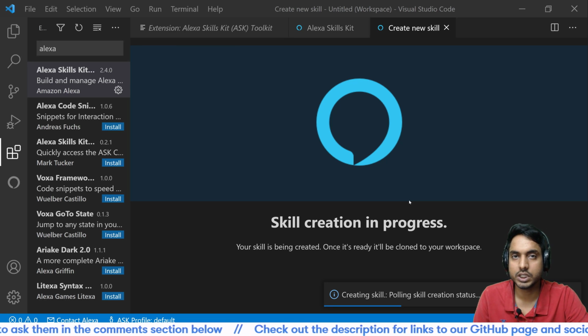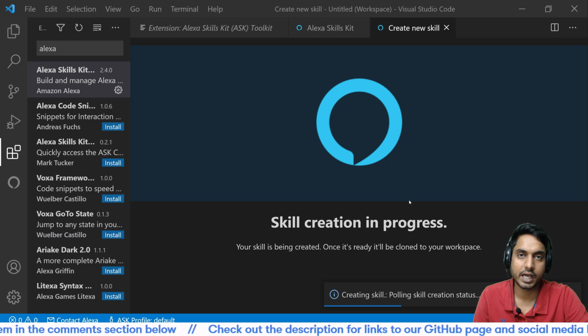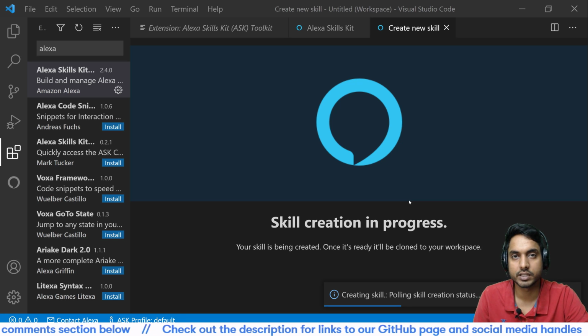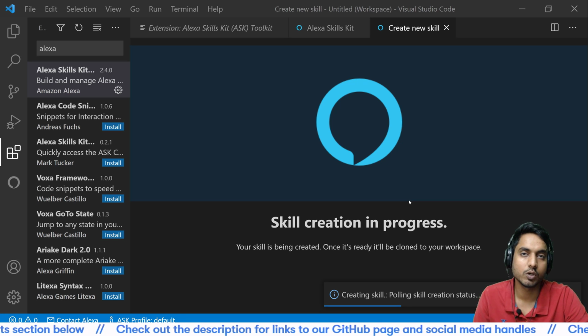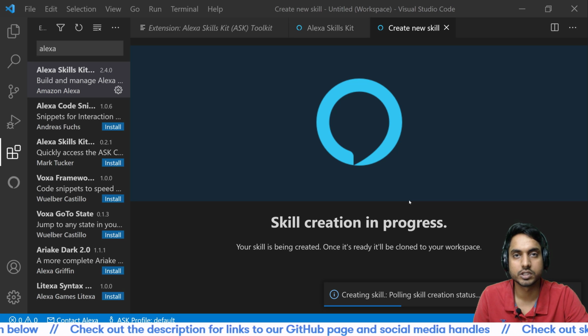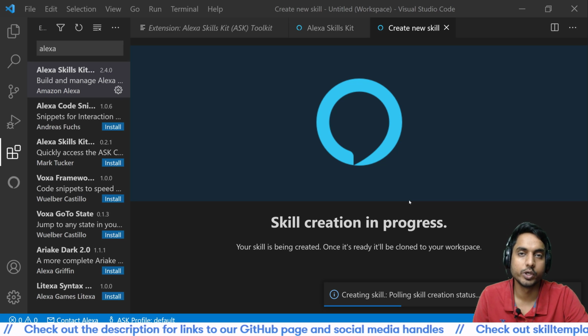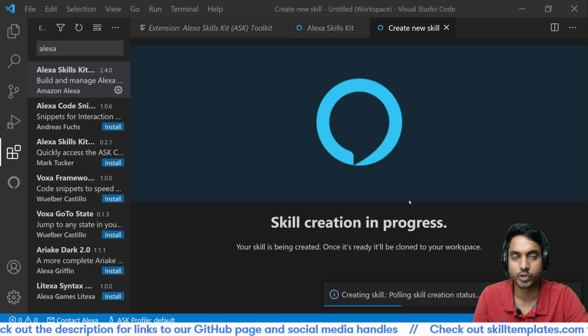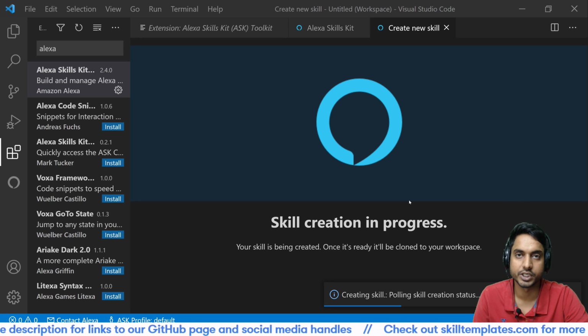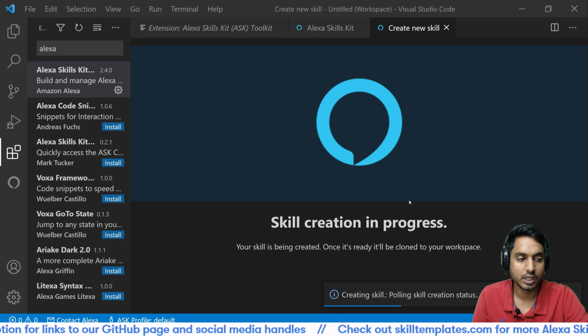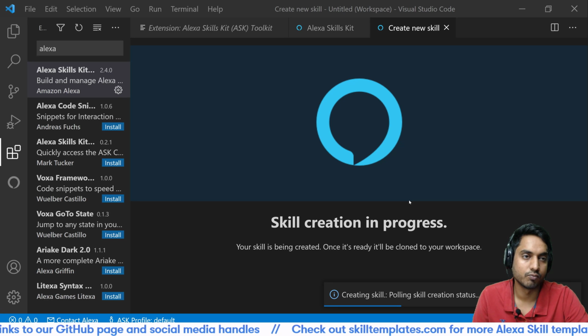Additionally, all the documents that I have referred to in order to make this functionality work, I will be linking all of those in the description below. So if you want to go into more detail and explore things on your own, you can do that using the documentation given in the description, and I believe it will be very helpful.